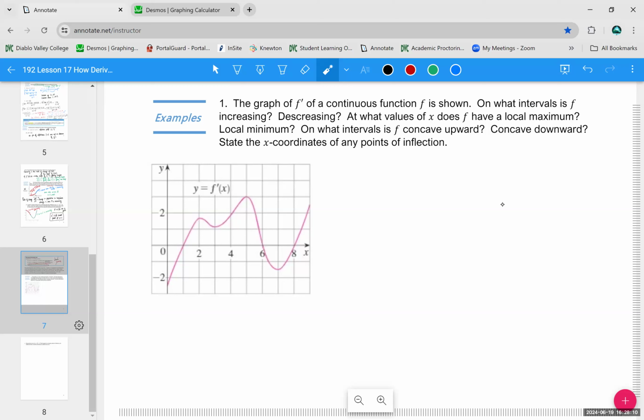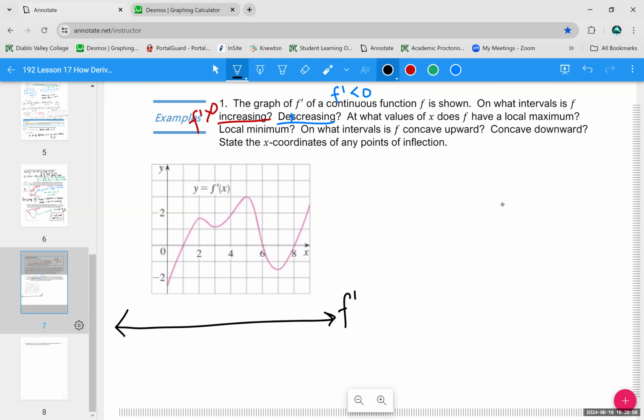So remember, we know that a function is increasing if its derivative is greater than 0 and decreasing when the derivative is less than 0. So if you're looking at the graph of the derivative, you're trying to figure out, when is this graph bigger than 0? And when is this graph less than 0? So it has nothing to do with the maxes and the mins of the derivative. It has everything to do with when the derivative is positive and when the derivative is negative. If that messes with your brain, which it often does,